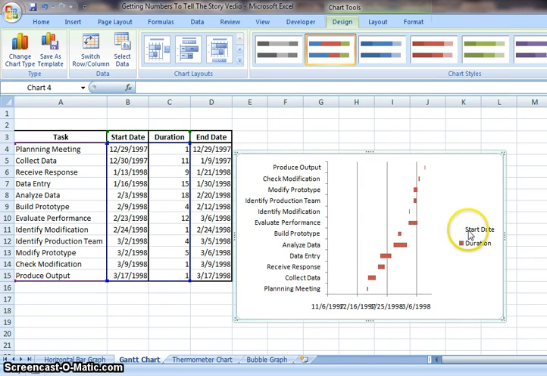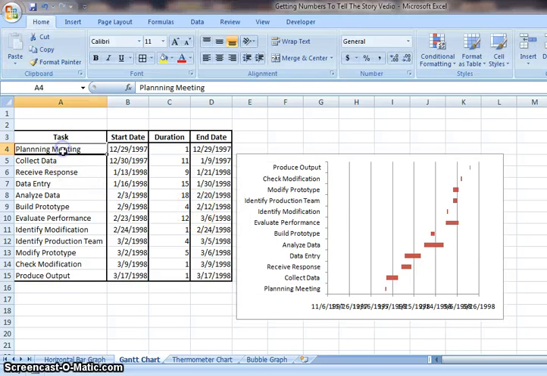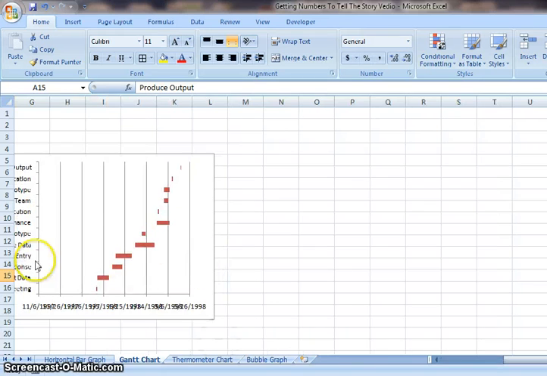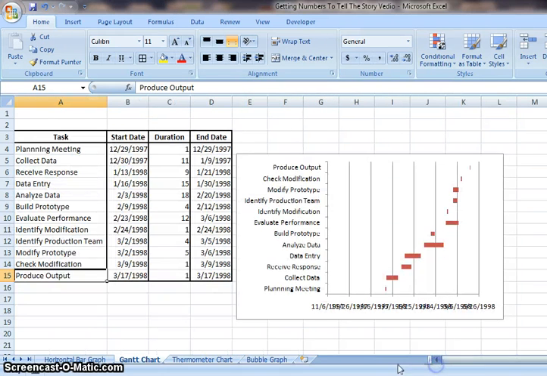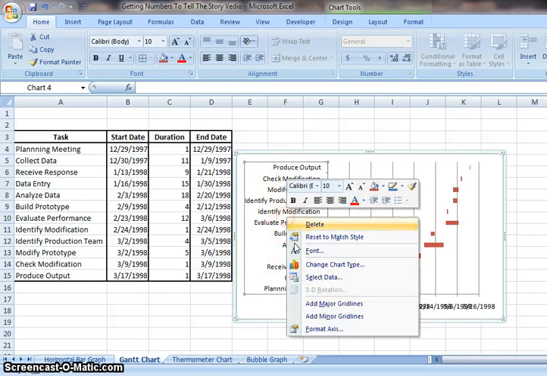and since we don't use these names chart area, so we can delete it and make it wider. And you notice that these tasks are opposite. We started from planning meeting to produce output, but this chart starts from produce output, so we want to reverse this column by